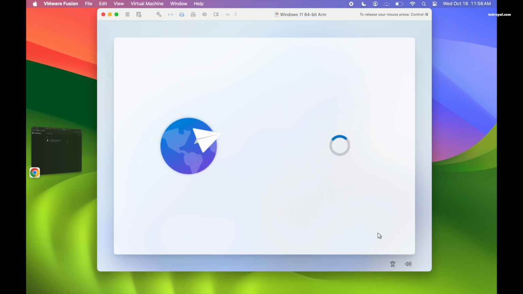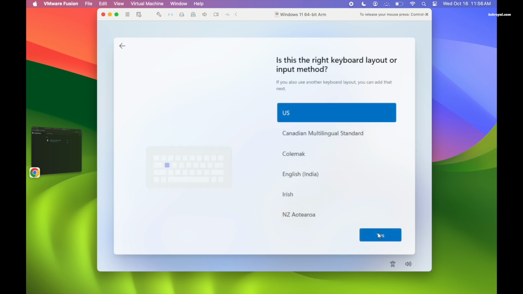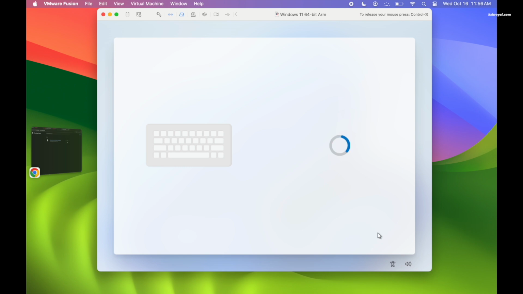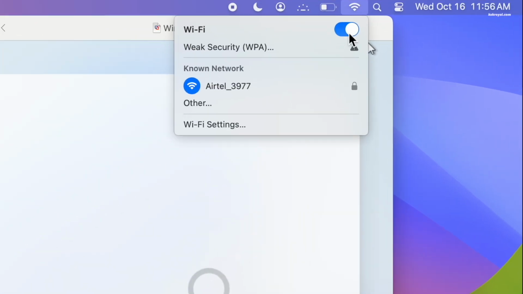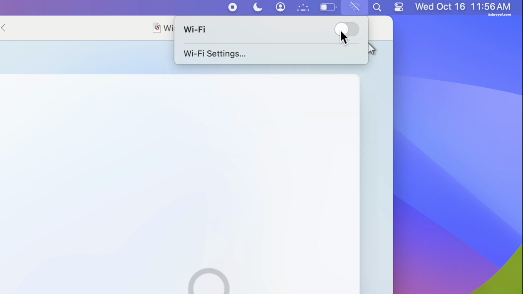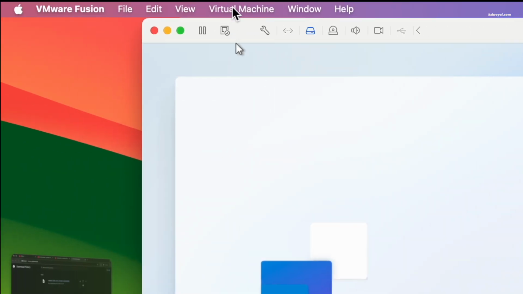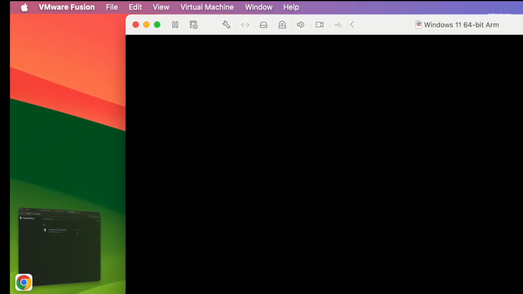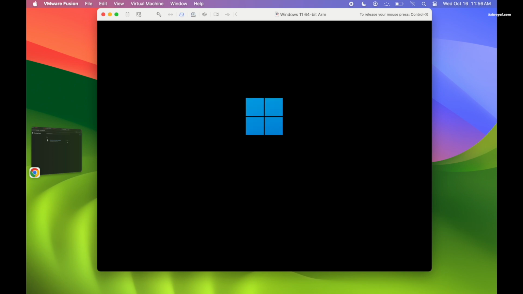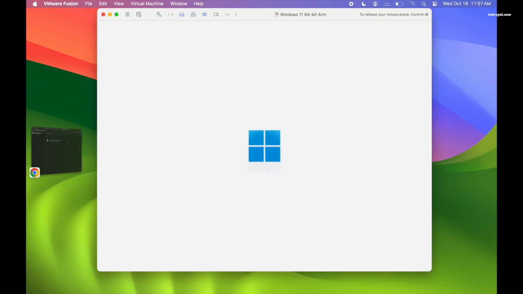Now choose your country and keyboard layout. Then the system may check for updates, which could take some time. If you want to set up an offline account, turn off the Wi-Fi on macOS. Then restart the virtual machine from the menu bar. This will take you back to the welcome screen.